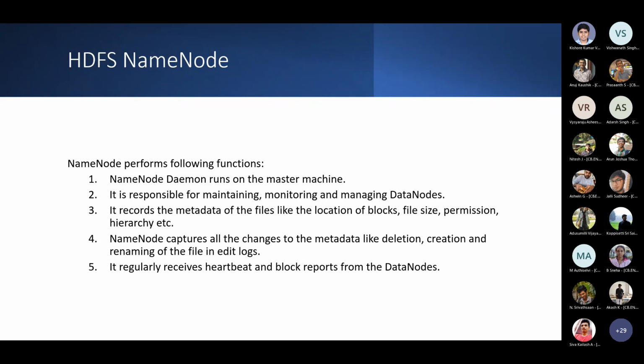All the system management of the slaves is done by the name node daemon. It keeps track of everything: which data chunk has gone where, what block size I am using, what read write permissions I have, and what queue size is acceptable. All those things are controlled by the name node daemon.